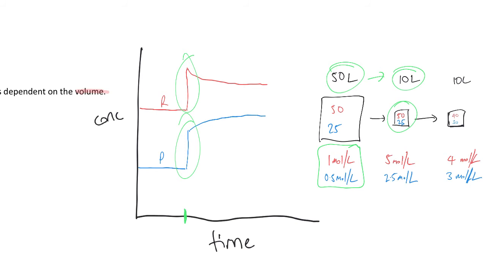immediately increased. However, their total amounts did not increase or decrease, they stayed at 50 and 25. All right, their total amounts didn't change. However, over time, when this concentration changes over here, the total amount changes. All right, the reactants went from 50 to 40, and the products went from 25 to 30. So the yield of the reactants,